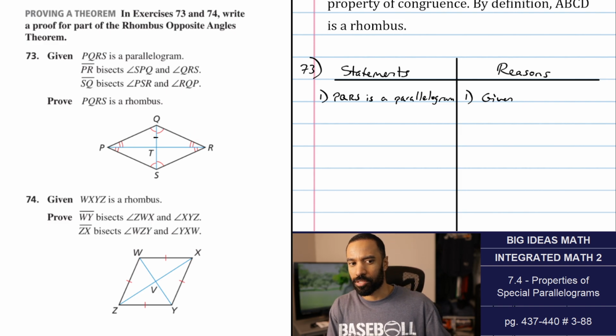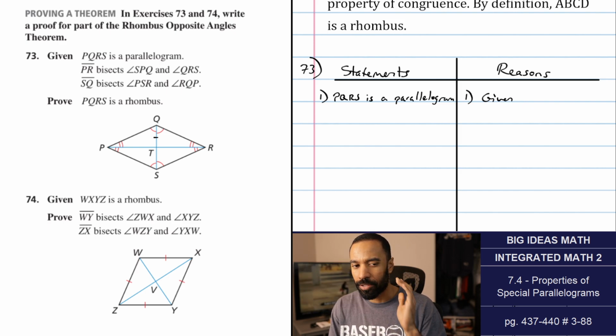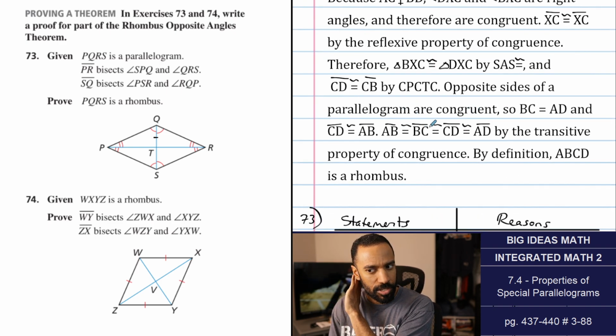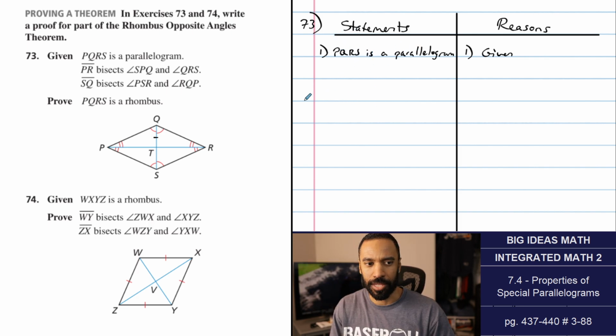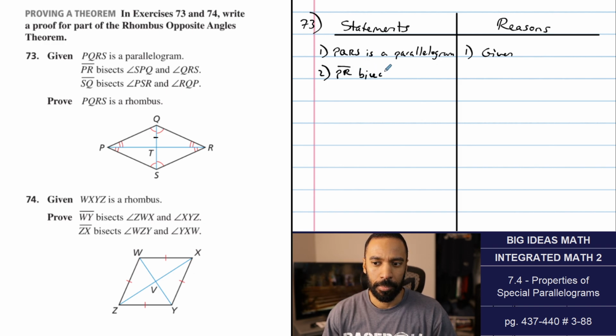Listen, I'll just use this. I don't even know. I don't even need to use the parallelogram part till the very end. I'm going to do the same thing that I did before and use the transitive property at the very end once I prove a set of sides congruent. I'm pocketing this part for the end. I'm going to start with the diagonal parts. I'm going to say, and there are a lot of ways to do this. It's like a good problem to have, but I have so many ways to go about it. I don't know what was best. And I don't know if this is best, but